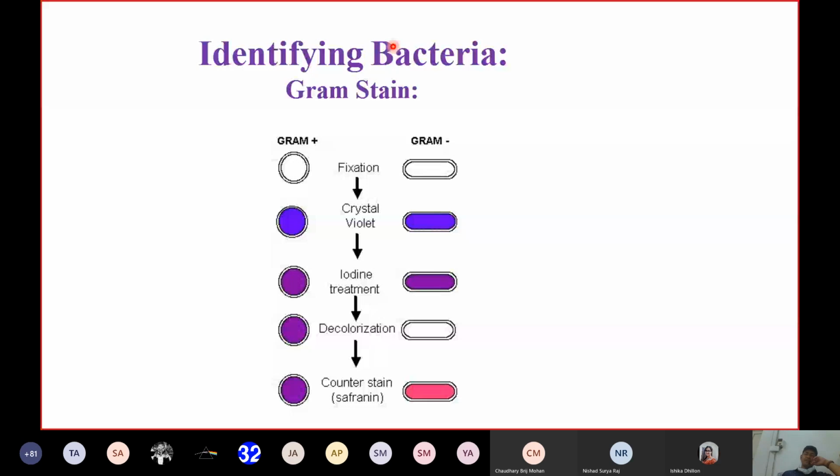On the first day, if you send CSF, sputum, or any pleural fluid, you may ask for gram stain on the first day only, because culture may take 48 hours, sometimes 72 hours, to manage the patient. So you should know what the clinical significance is. Then find out, it's your job.